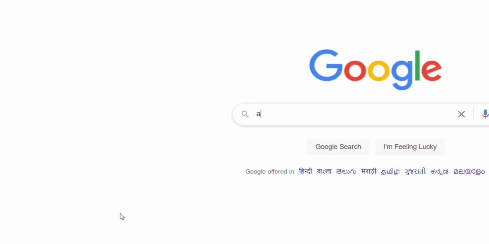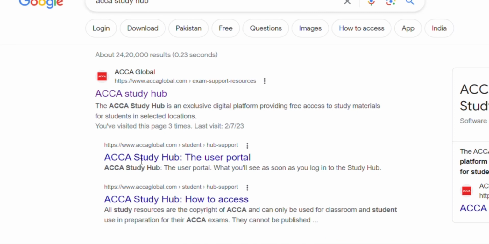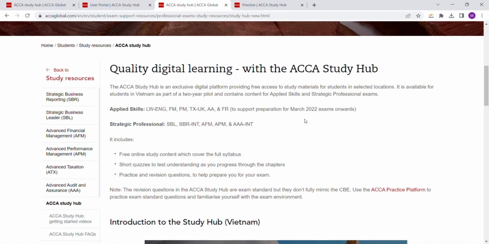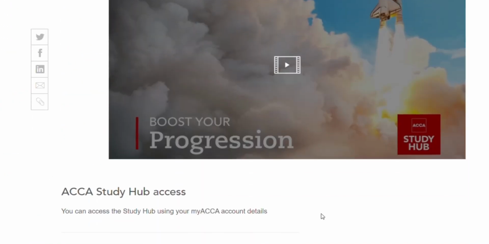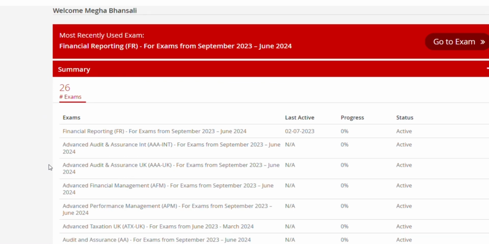Simply on Google, type ACCA Study Hub and you will get a link from the official accaglobal.com. Please click on this link itself. This is how the portal looks like, and then just click on log into ACCA Study Hub. Once you click here, you need to put in your user ID and password, and this is how your portal